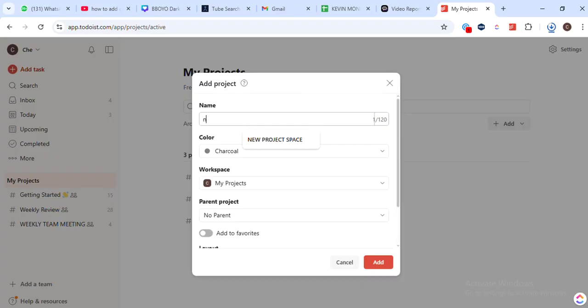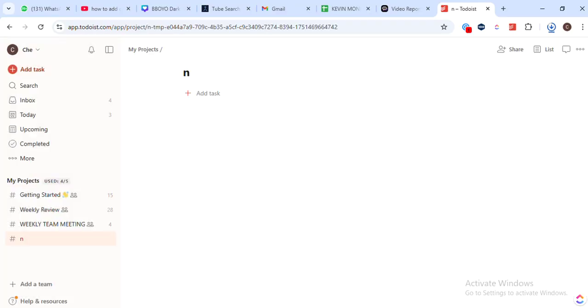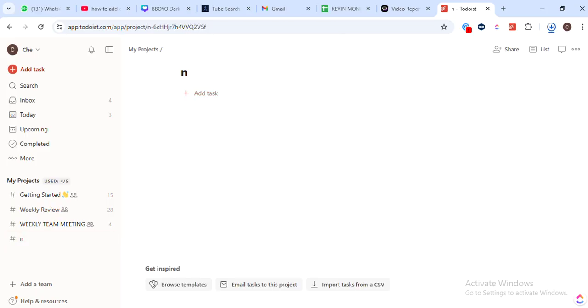And there you have it. A quick, easy way to create task templates for recurring workflows in Todoist. By using these templates, you're streamlining your process and making your work more